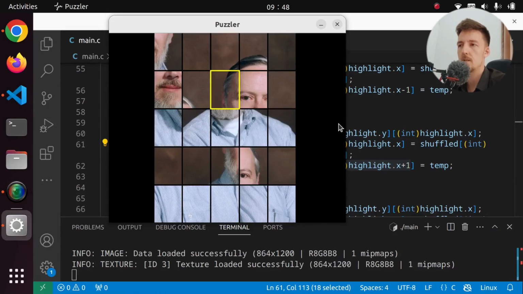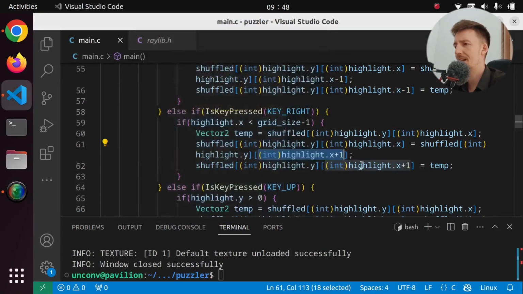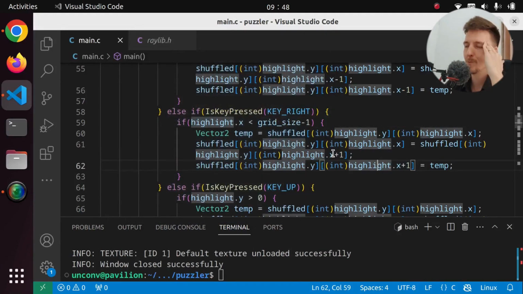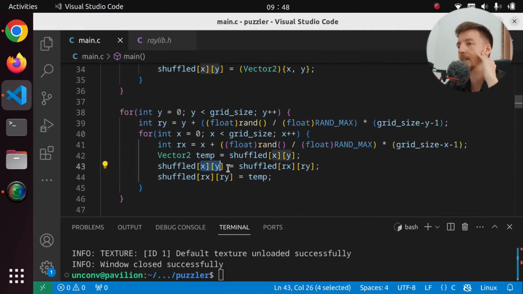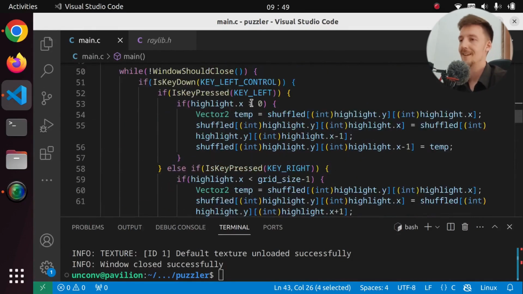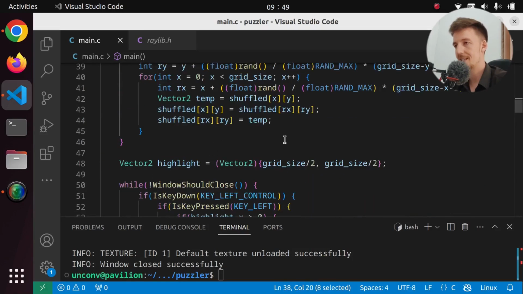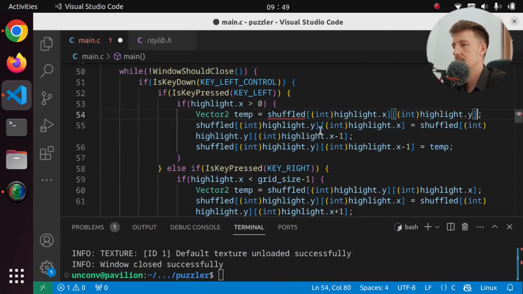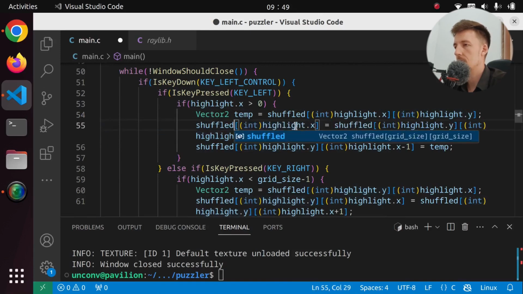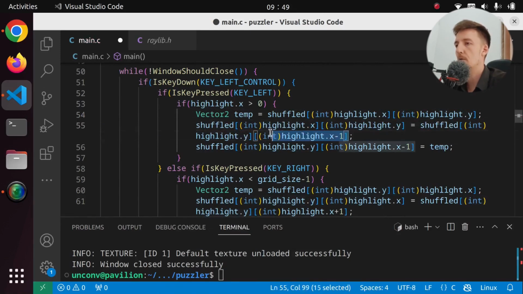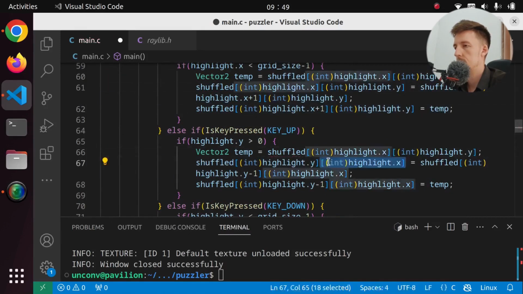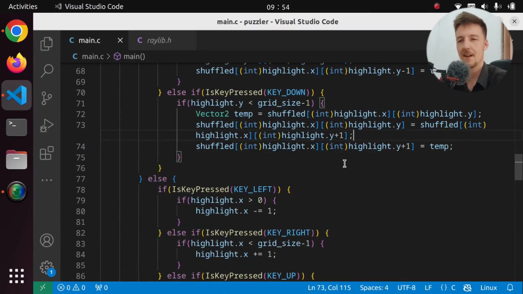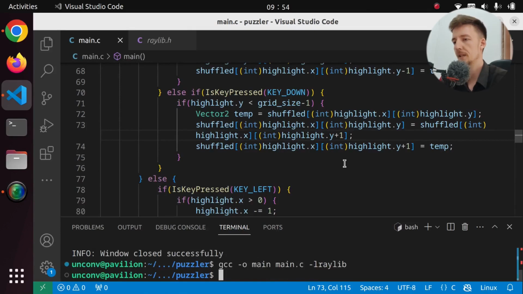What? That's weird. Okay, so we have an off by 1 and then we have some weird thing. Did I save it as x and y? I did. Okay, so I just started the loop with y, but then I save it as xy. Okay, let's flip these around. So this needs to be like that, and this needs to be like that, and I will do all of these. Okay, and I think we have an off by 1 error as well, but let's build this and let's run